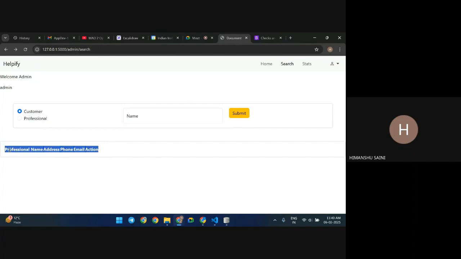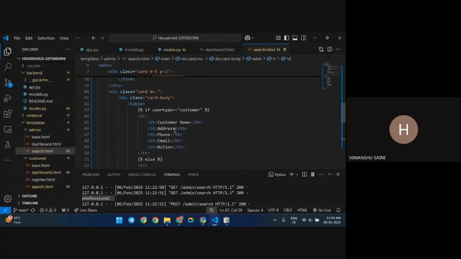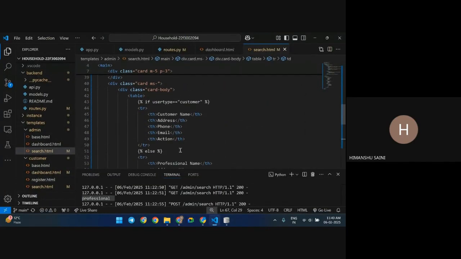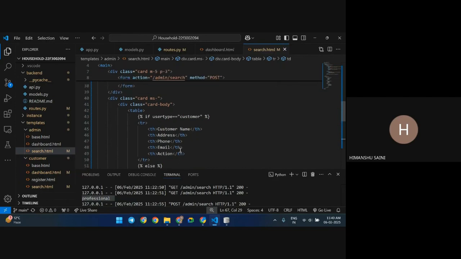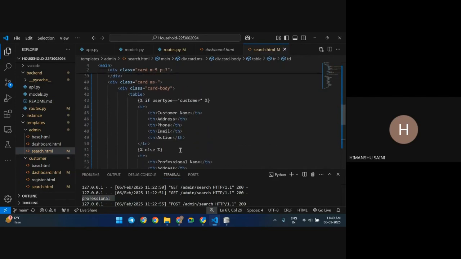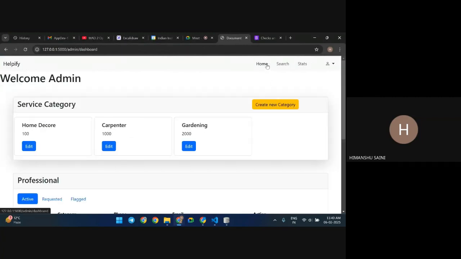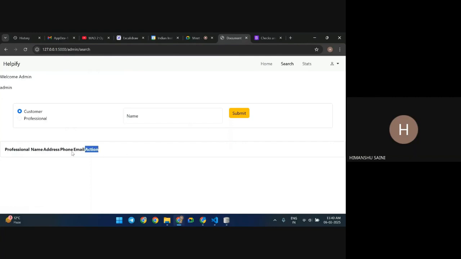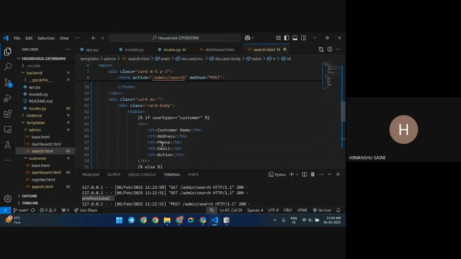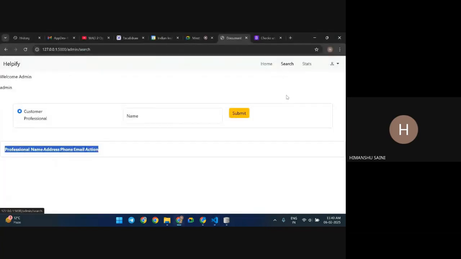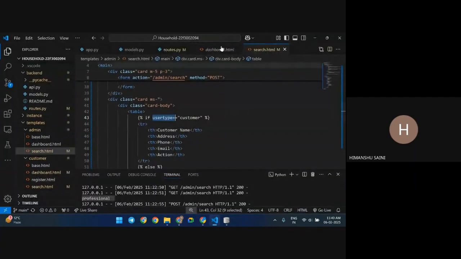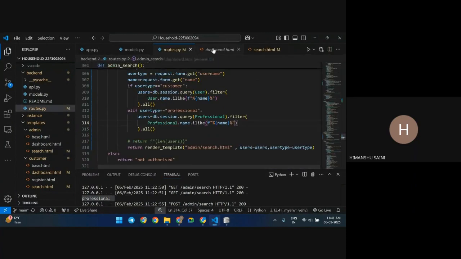This table is shown. Why is the table header shown? I'll go back. Click on search. This is shown. So it will check here: user type is not sent. If it is the first time coming in the search, if you go here, if it is the first time coming in the search,